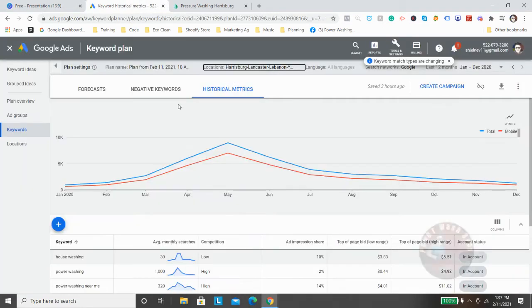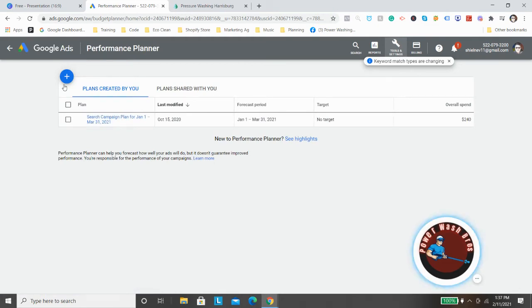So when you come over to Google Ads, okay, we are in, you're going to come up here to Tools. You're going to go to Performance Planner, right up here at the top. Now, if you have never done Google Ads before, you're going to want to go through the basic tutorial. This is not a Google Ads tutorial, so I'm not going to. I've made a bunch of videos setting that up in the past. Just go through a basic Google Ads tutorial on how to get to this point. It's very simple. Yes, you'll have to use your brain a little bit. I'm sorry, but you simply just have to.